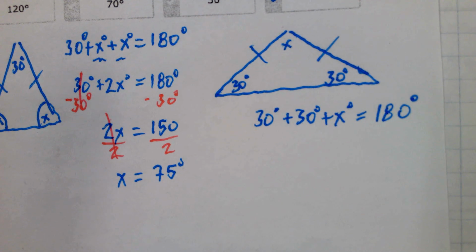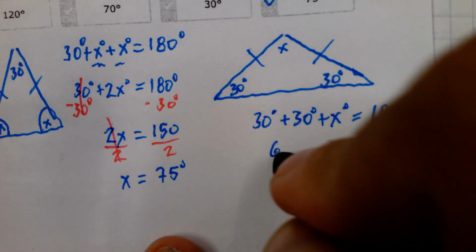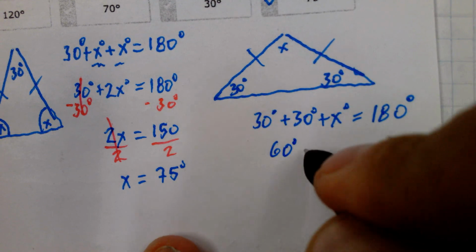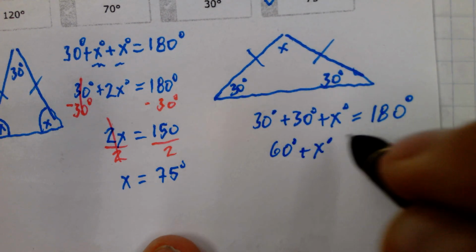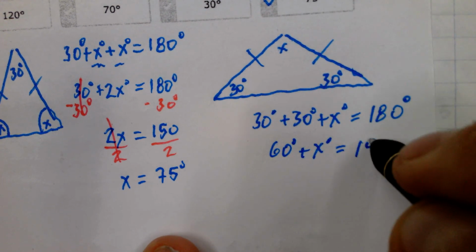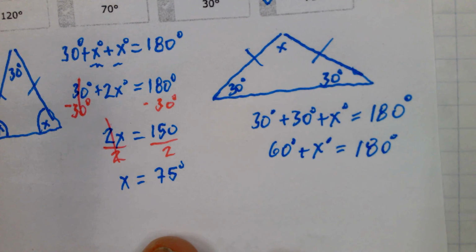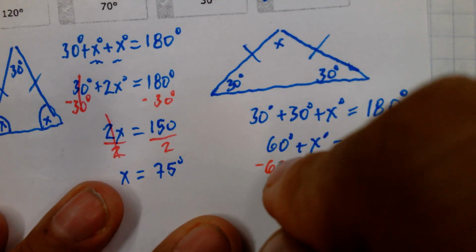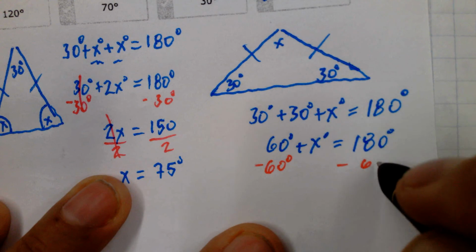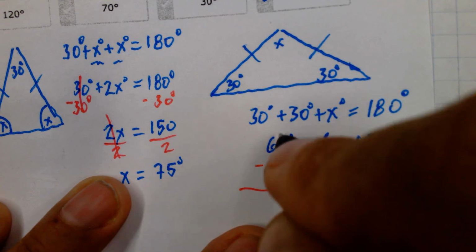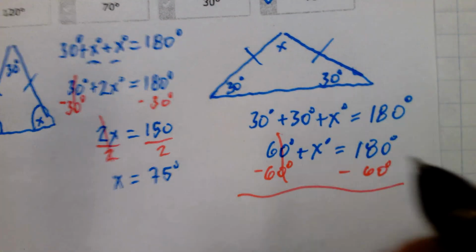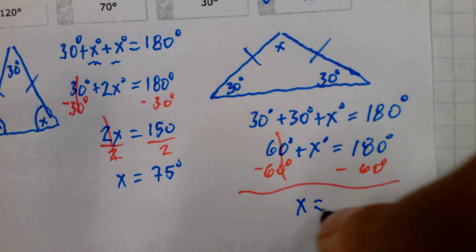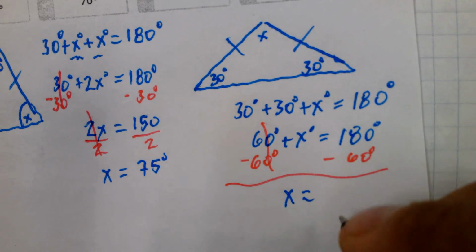So that would be 60, because 30 plus 30 is 60, plus x is 180. And then let's get rid of the 60. X equals,